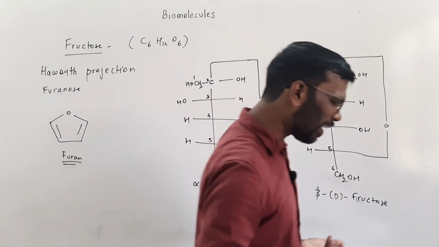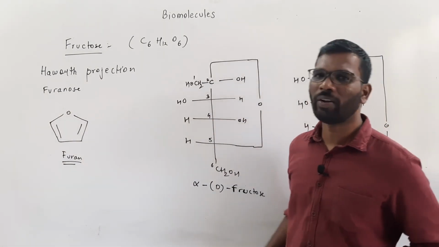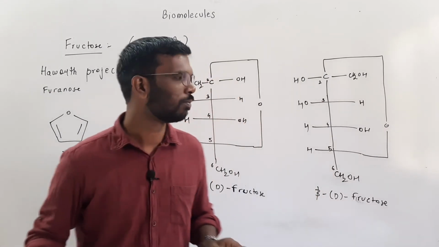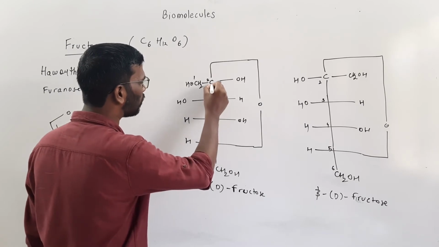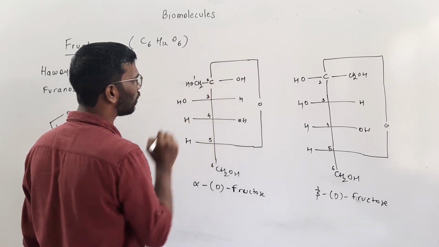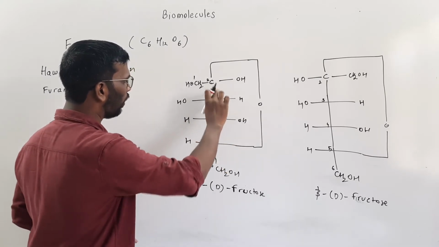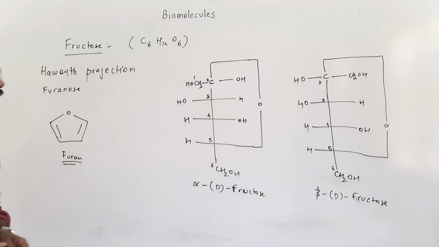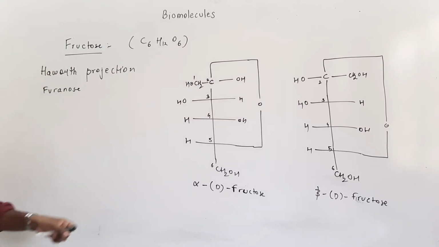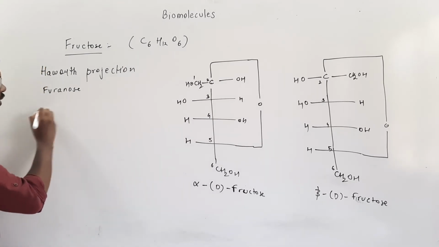Now, you decide how many membered ring you are going to get. Since it is a furanose structure, we are going to get a 5-membered ring. Right? If you just count the number of bonds, from carbon to this, 1 bond, third, fourth, 1, 2, 3, fourth and fifth, it means we are going to get a 5-membered ring. If I want to write the structure in this form, I am writing first for the alpha glucose. So alpha glucose, I will write.